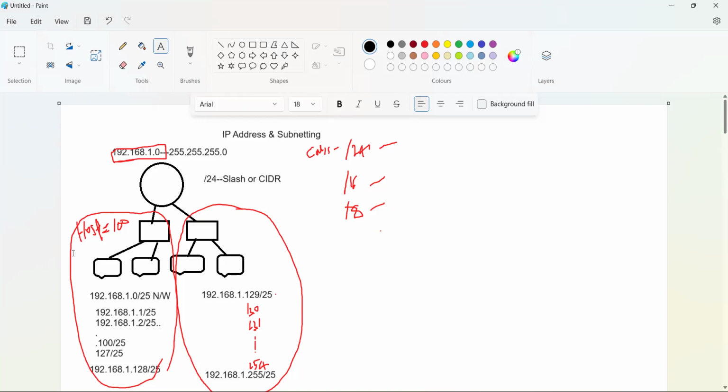That is the reason we have a concept called subnetting. Here you have two subnets, one subnet for here and one subnet for here. If you want more, you can do it. If you want four subnets, you can do that too. Here we did only two portions, 0 to